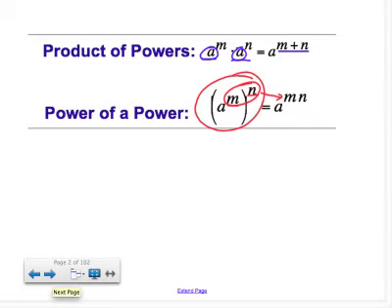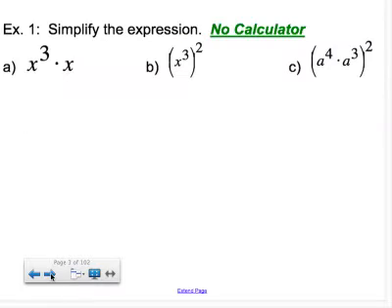So I know that when you have variables like this, it can make it kind of hard to see these properties. So hopefully as we run through some examples here from your notes, that'll start to make a little bit more sense. Okay, so in example number 1, part A,